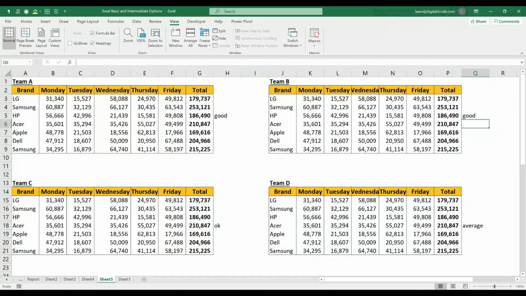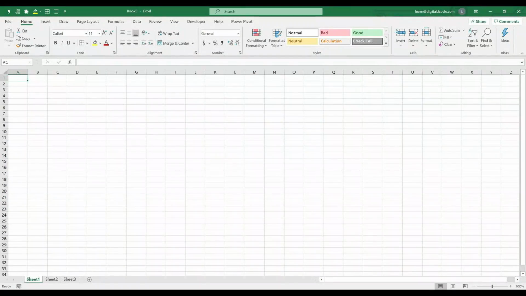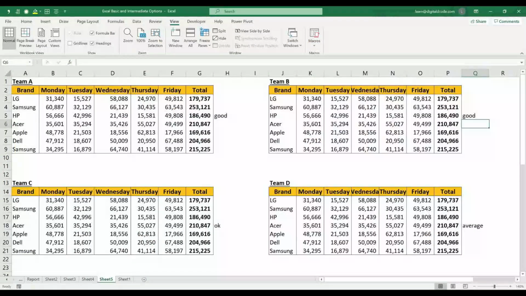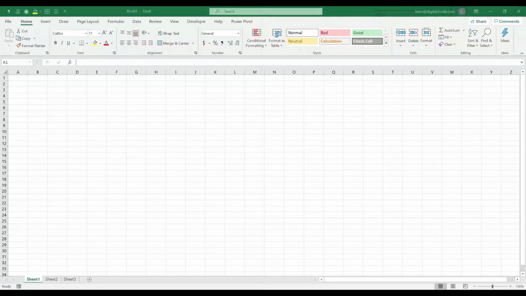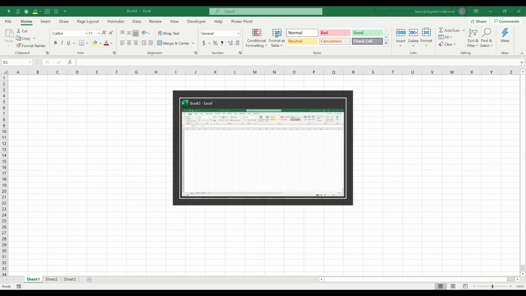And then let's go to hide and unhide workbook. To hide the workbook, now I have only one workbook, so let me create one more workbook. Now I created one more workbook, it's book 5. We go to the old workbook and let me hide it. So view, click hide. Now this workbook is hidden, so you cannot find it. If you see here, there's only one workbook.